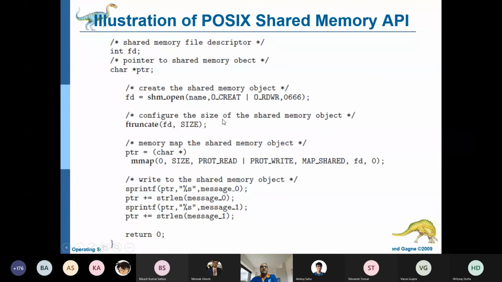You need to configure the size of the shared memory object. By using this particular system call, you can configure the size, because the shared memory object is created and now it returns the file descriptor. By using this file descriptor, you can configure the size of the shared memory, like 4096, whatever. Then once the object is created, you need to establish the memory map to the particular object,